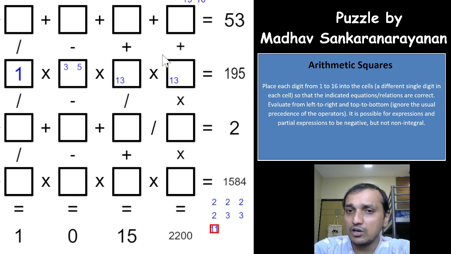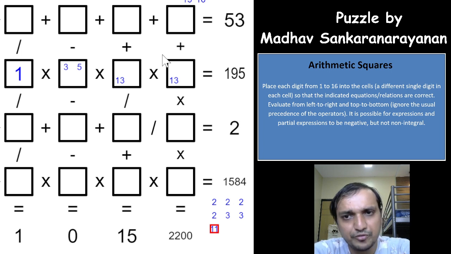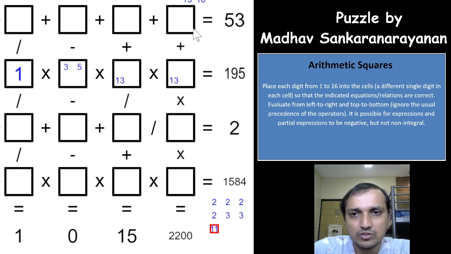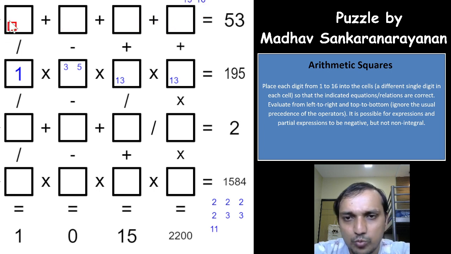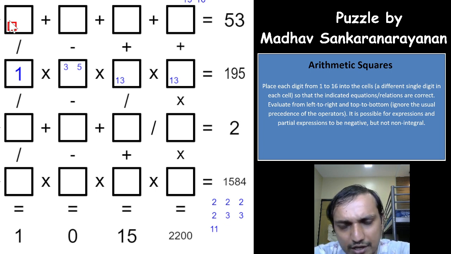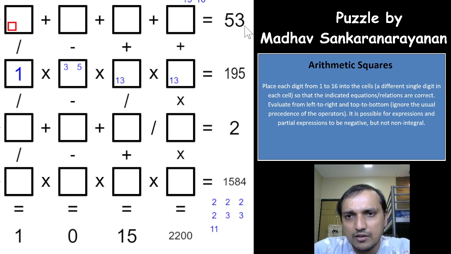Let us see what happens if 15 is not used. 16, 14, 12 and 10 will give you 52, which means 15 is also used. Now we know that 15 and 16 are used in one of these 4 cells, which means the other 2 digits would have to be 14 and 8 or 12 and 10. Right? You will either have